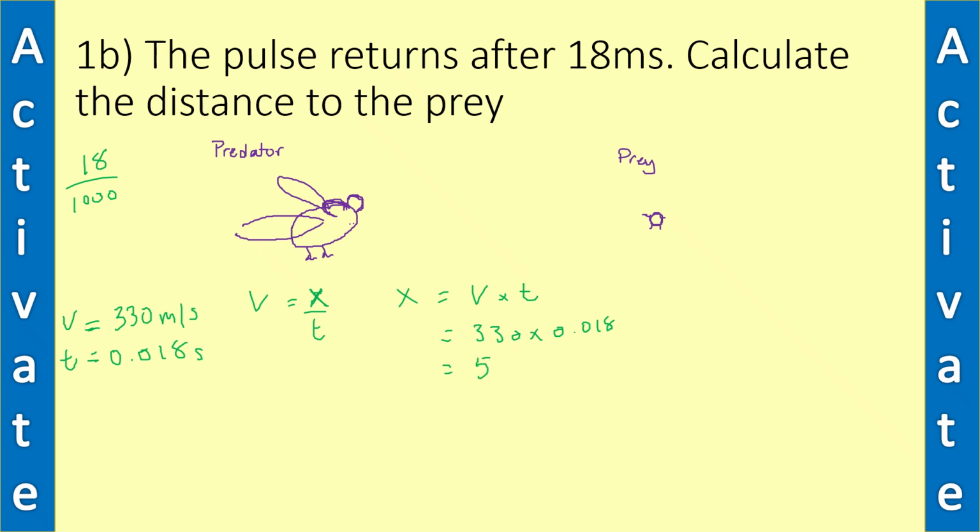5.94. Now, the easy thing to think is that we're done there. We've worked out the distance, simple calculation. But of course, what we've got to remember is the signal has to go to the prey, reflect off the prey, and then come back. So in terms of the distance that's actually traveled, it's to the prey and back. So we have to divide this number by 2